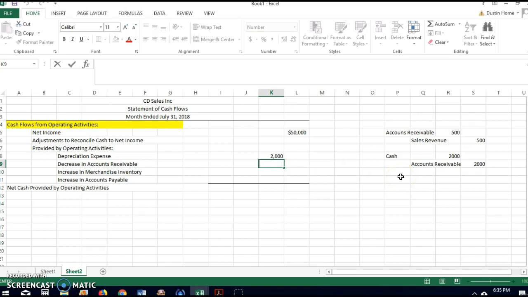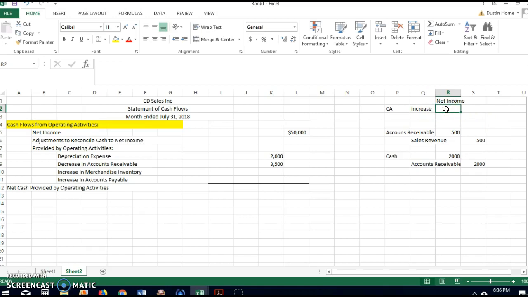Okay, so accounts receivable decreased by $3,500. That means I received more cash than I had sales. So a decrease in accounts receivable is an increase to cash, so we're going to add it back to net income. A quick reminder: if we're talking about current assets other than cash, when we're doing the indirect method, the adjustment to net income, if there's an increase in the current asset,